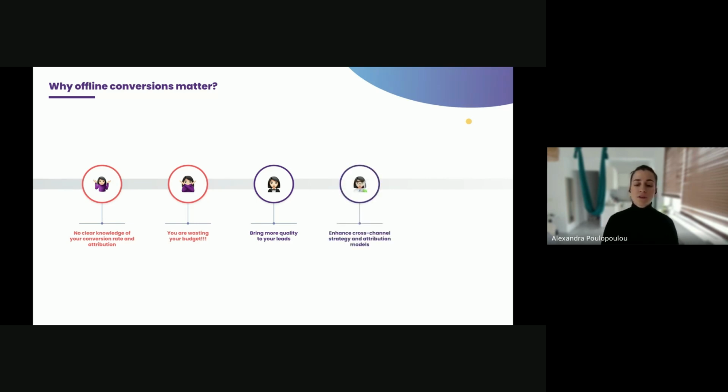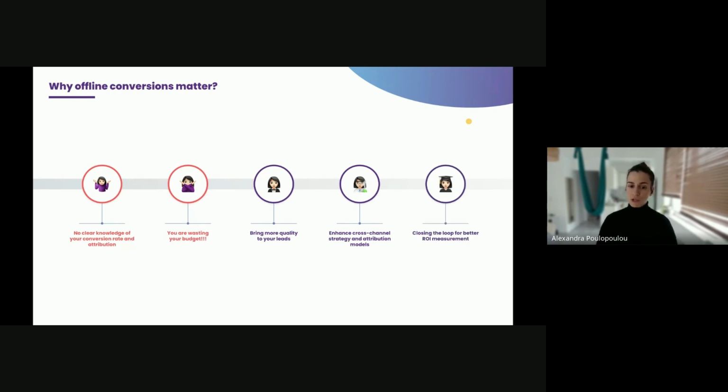Also, with offline conversions, you can enhance your cross-channel strategy and attribution models. So you can create more accurate attribution models that consider both your digital and your offline touchpoints. Then you can have better integration of all marketing channels, creating a clearer plan that makes the most of every step in the process.